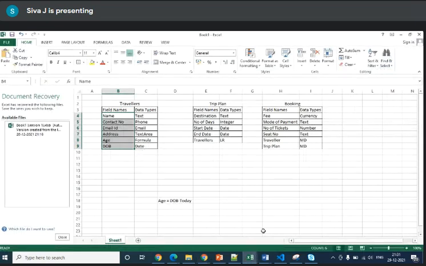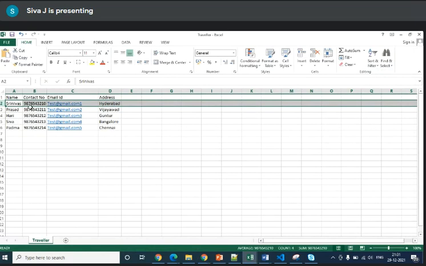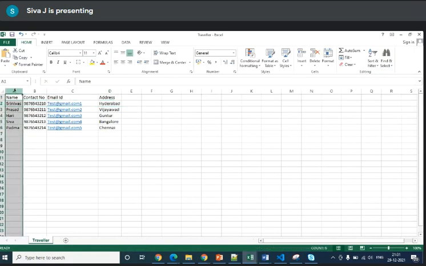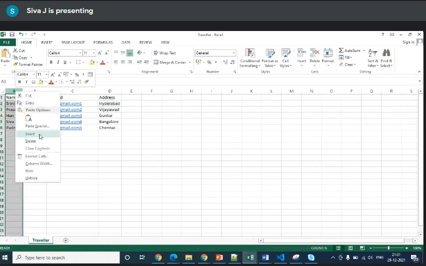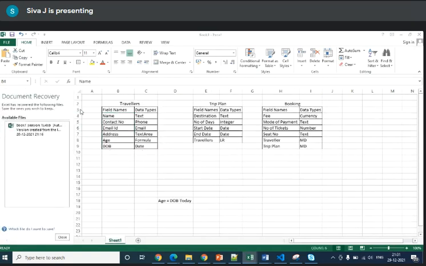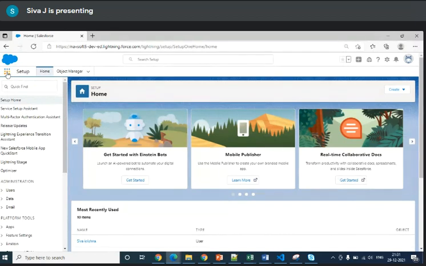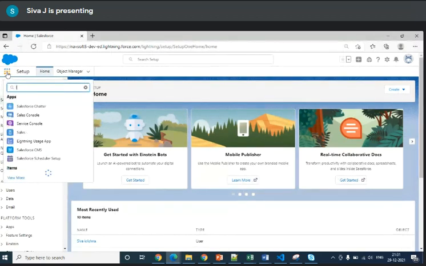So here you should have one more column called ID. In this ID column you should put the data and update it accordingly. So how can you recognize that ID data? You just go through the lead object,